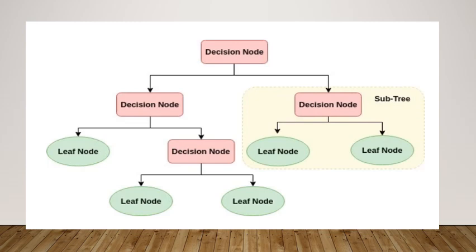Root node is the tree where it originated, the ancestor node, predecessor of the parent node. This root node is a predecessor of this parent node, and this decision node is a successor of this node, and these both are leaf nodes, means final outcomes. Okay,